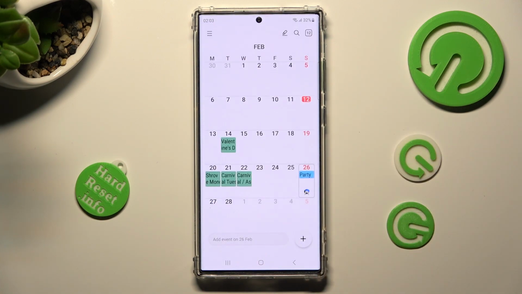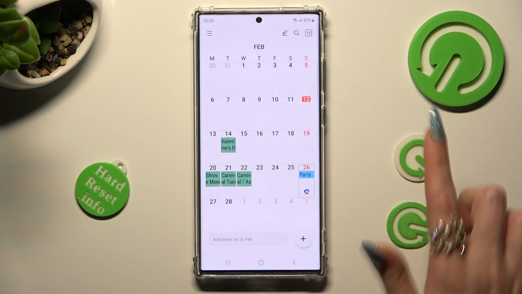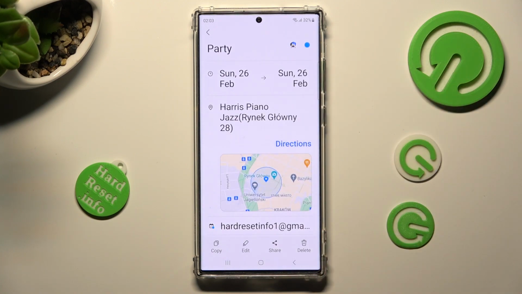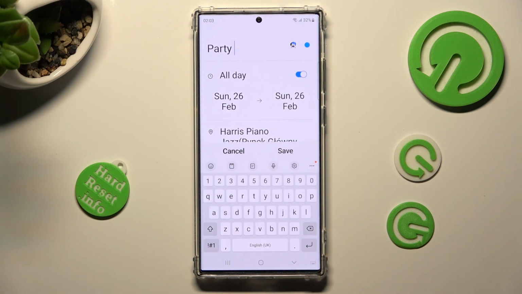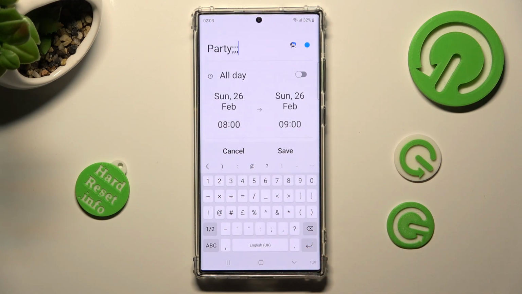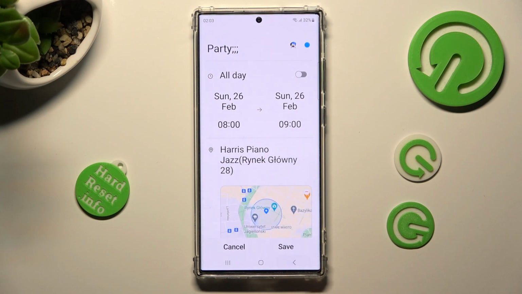As you can see, mine was successfully created. You can edit it by clicking on it, tapping on it over here and selecting Edit at the bottom. Now make your changes. You can always discard them by choosing Cancel at the bottom left corner, or save them by clicking Save at